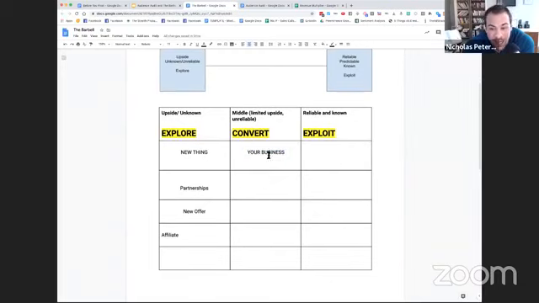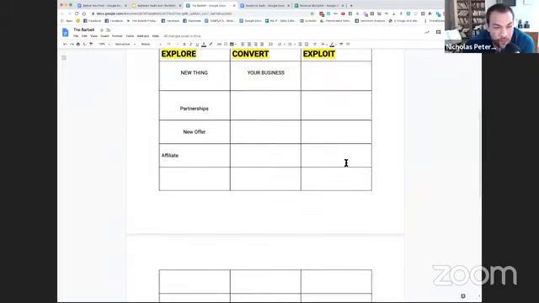What I would actually do is take your individual streams of income and map them on here. Which ones have upside? That's going to probably be a lot of partnerships, a lot of new stuff. Which ones are reliable and known? Which ones could you not focus on outside of your regular day-to-day, and they would still fund your priorities? They would still bring in revenue and be profitable. Okay, so fill that out